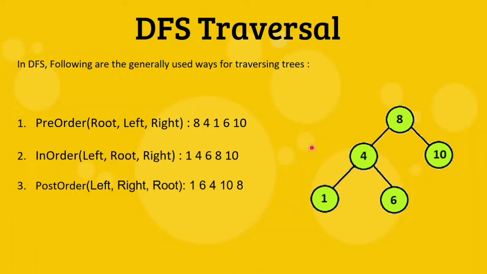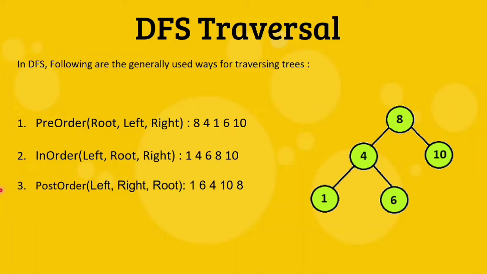So we will traverse back to our parent node, that is 4. And then we will go to the right node. So we will write 6 there and then we will check for left and right node there. As it is not present there, we will again go back to our parent node. And once the left and right of that node are completed, we will again go back to its parent node, that is 8. And there we will check for the right node now. So it is 10. So we will write 10 and with this our pre-order is completed.